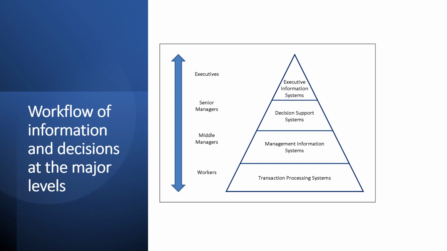And here I'll be talking about the workflow of information and decision at the major level. So here I have the executive level. So this level comprises top level executives such as the CEO, the CFO, the COO, and other C-suite executives. And their responsibilities include setting the overall strategy direction and vision for the organization, establishing goals and objectives, and making high-level decisions that impact